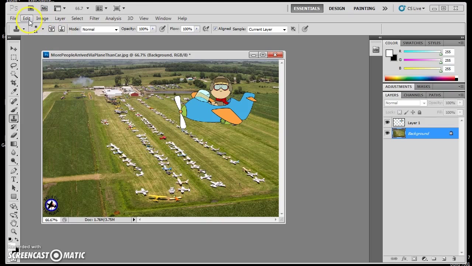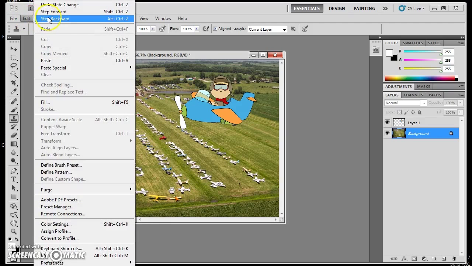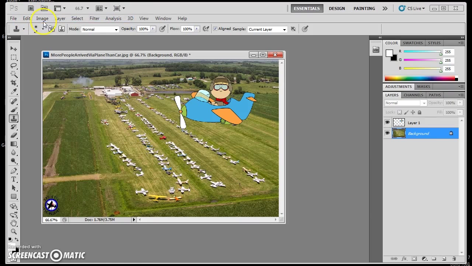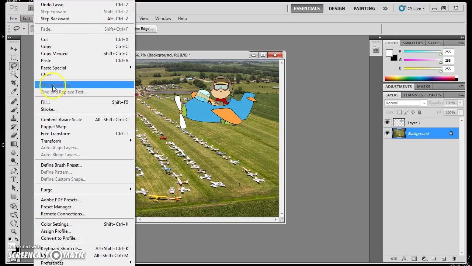Let me show you one other feature that's like Clone Stamp. So we're going to step backwards here a little bit so we can demonstrate this other feature. And so this other feature is content-aware fill, which is only available, as far as I know, in Photoshop. I don't think it's in GIMP. But what you do is you would select a portion of the image that you would like to get rid of, because we want to get rid of this brown area. And we got rid of it with the Clone Stamp by copying from a source area. But a faster method is to select the area you want to get rid of, and then go to Edit,